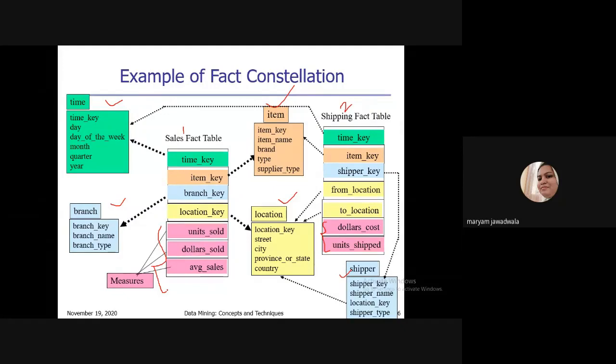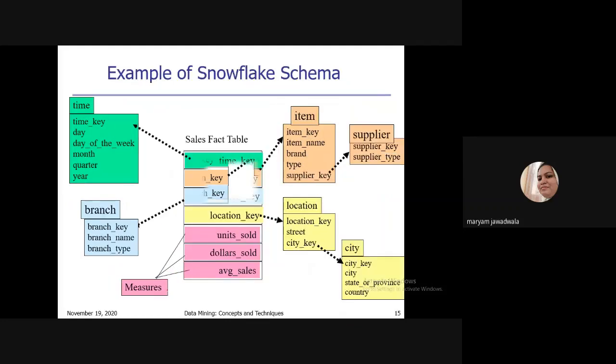So here some of the dimension tables are common for more than one fact table, and the schema consists of more than one fact table. This is also known as galaxy schema. Okay, this is again a very good example of galaxy schema. So any doubt, then please ask, students.